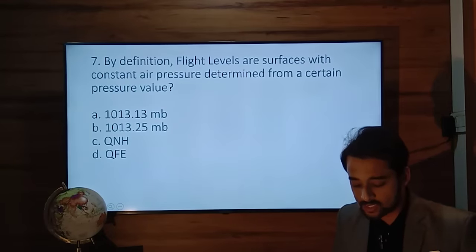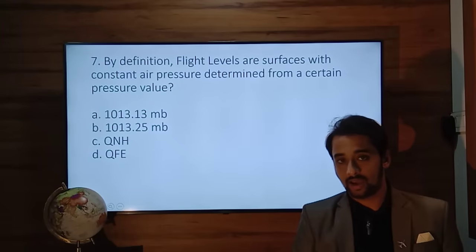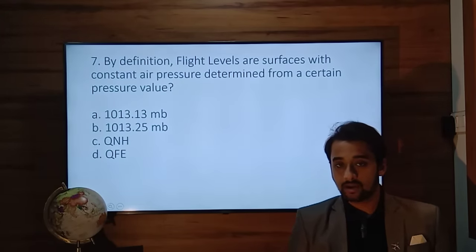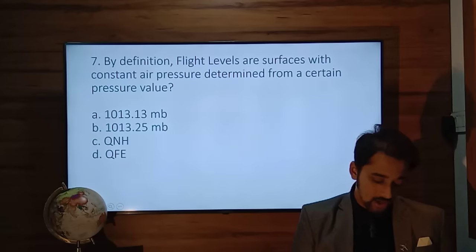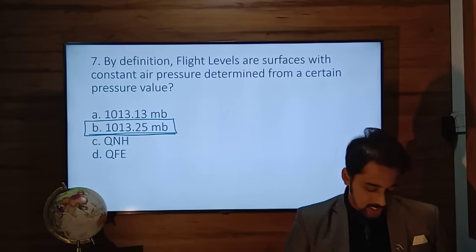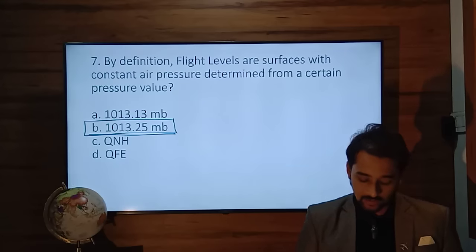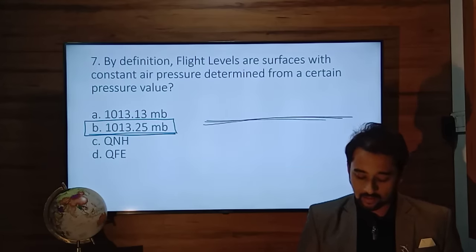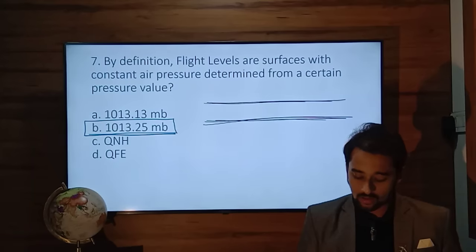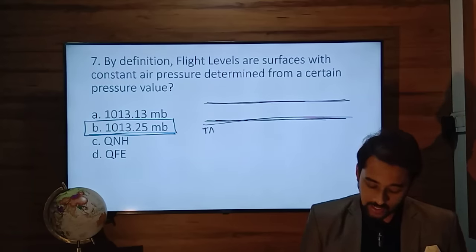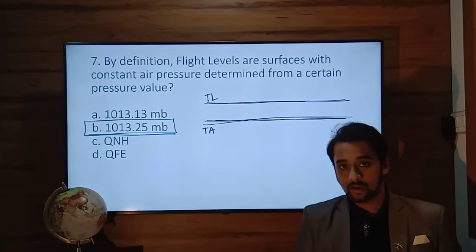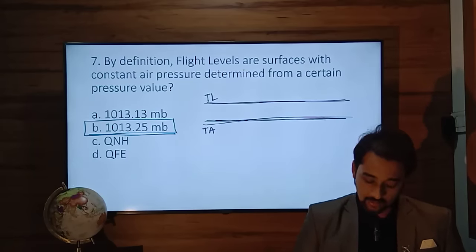By definition, flight levels are surfaces with constant air pressure determined from a certain pressure value. Constant pressure levels determined from a pressure value which is 1013.25 millibars. In the atmosphere we have transition altitude and transition level. So let's say an aircraft is climbing,